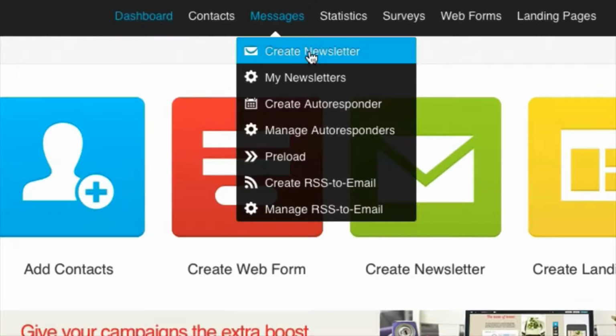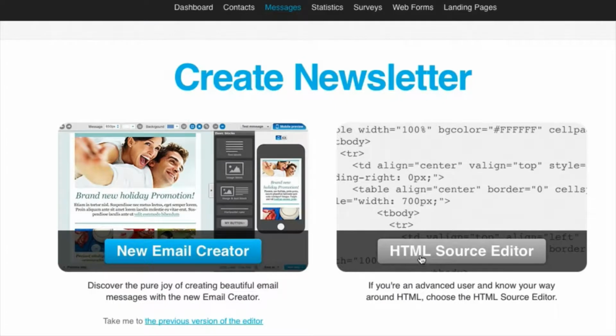So I'm going to go to messages, create newsletter, and I'm just going to choose the basic HTML source editor. There is a way to use plain text, but for the purpose of this video, HTML is what you want if you want to track opens and click-throughs. There are alternatives, but in order to track the opens, you need to use the one that the service provides you. But there's a way to track clicks using third-party tools such as Bitly and all these other link shortening